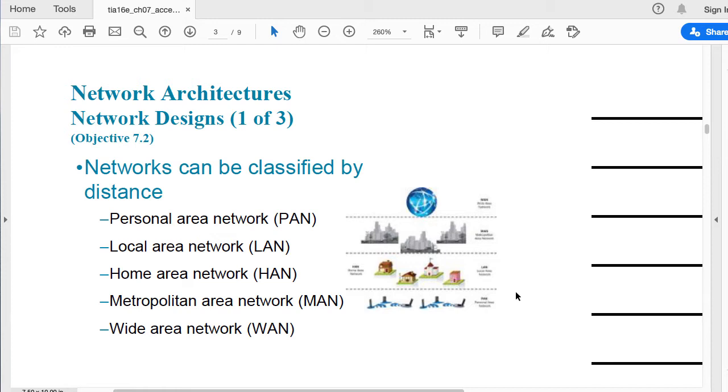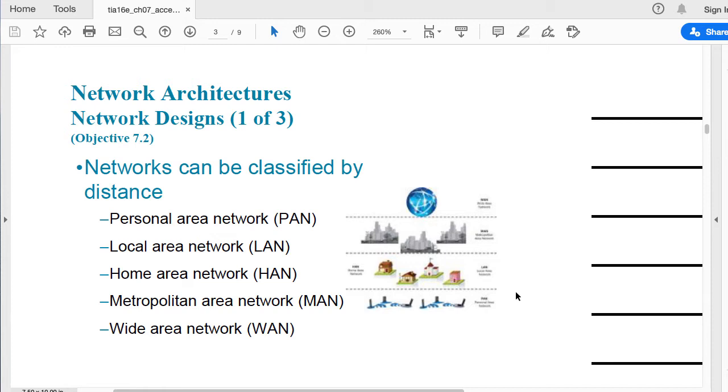Now, it's funny because if you observe the difference between a personal area network and a home area network, there is no difference when it comes to distance or reach. A home area network is more associated with the type of devices that are connected to that network.